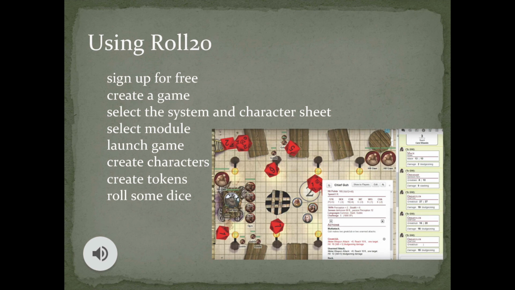Once you do that, that player, when they log into Roll20 and your game, will be able to edit that sheet on their own. To add a player to a game, you'll see there is an invite link on the front page of the game before you log into the tabletop, or in the tabletop, you'll see that at the top of the chat menu, there is a blacked out bar that when you hover over it provides a shareable link which you can send to players via any messaging application, and that will directly link them to the game.